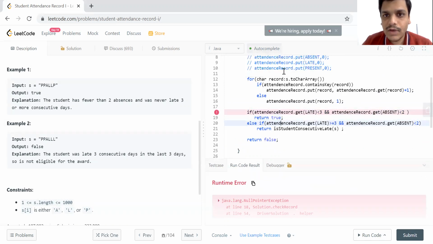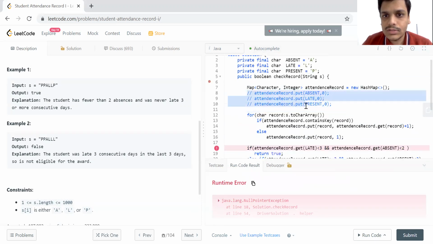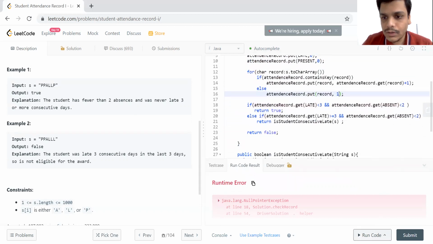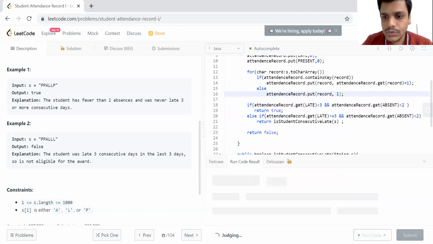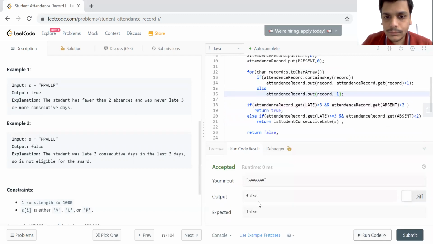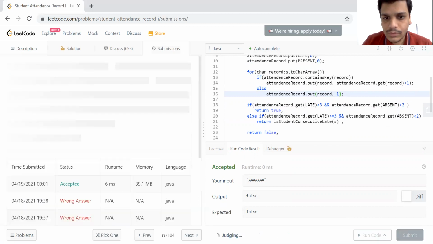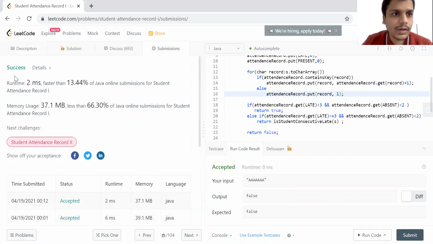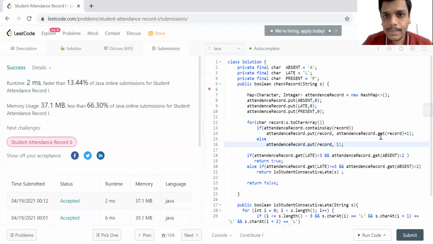That is the reason why I initialized the map with A, L, and P. Now, if I run this solution, this is the expected output, and it runs in 2 milliseconds.